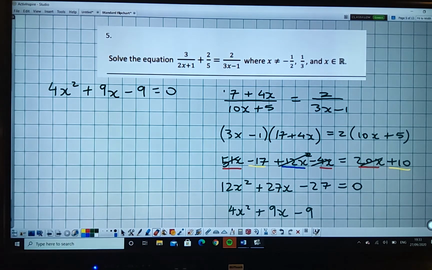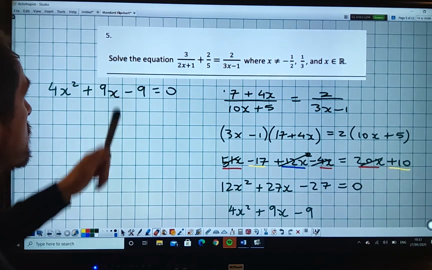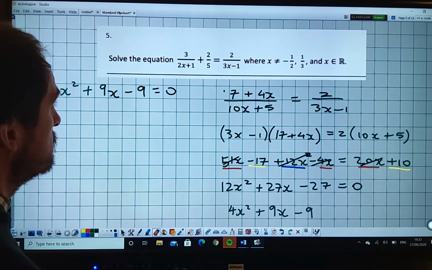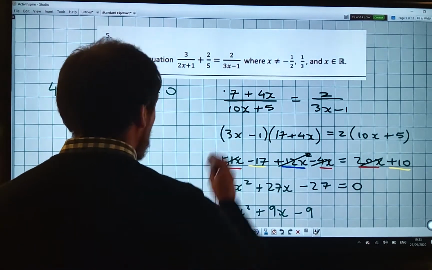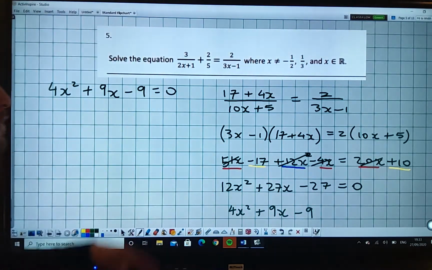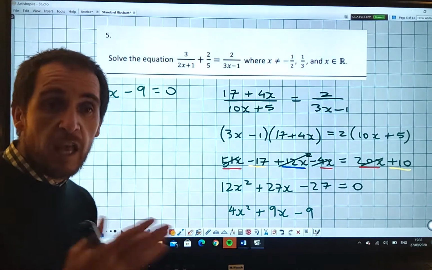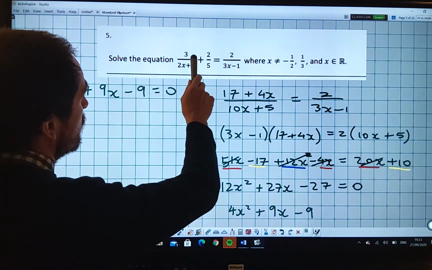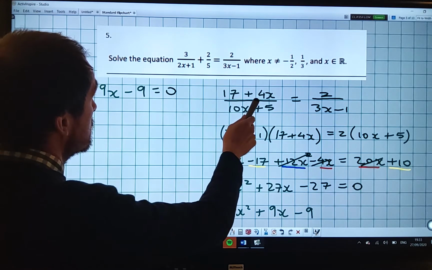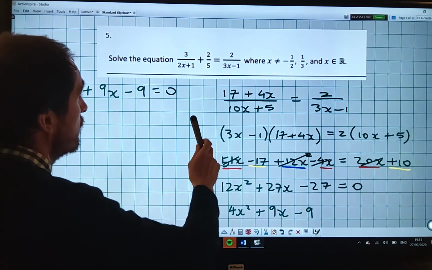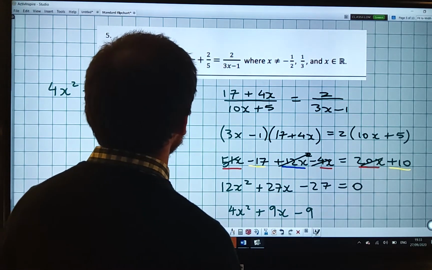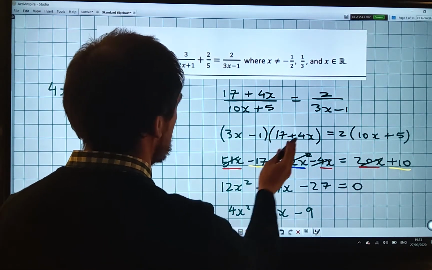So sometimes you might have to use the minus b formula, okay? But I'm just trying to check here myself. 15 plus 4x plus 2, I'm just trying to see where my mistake is here. So you always, this happens, and it's good for you to see this and how I walk through this without panicking. So in my head I go 15 plus 4x plus 2 is 17 plus 4x, yeah, 10x plus 5, that's right, okay. So 2 times 10x plus 5 is 20x plus 10, and then I've got 17 plus 4x,